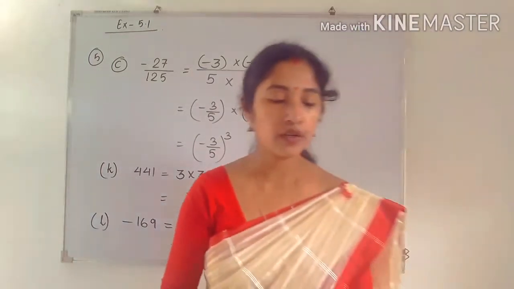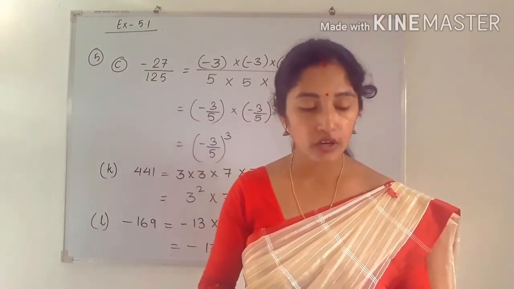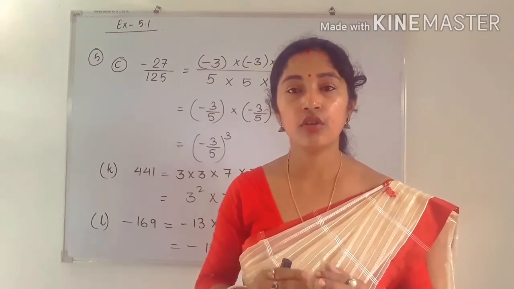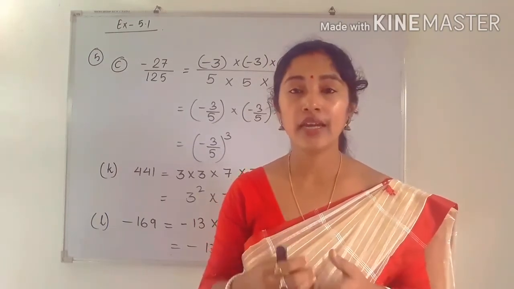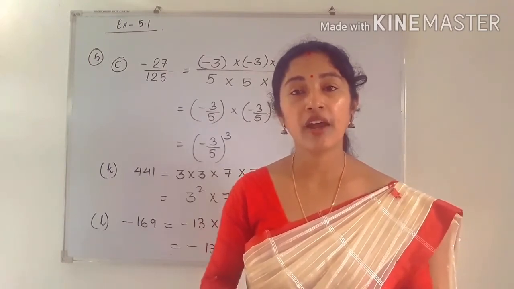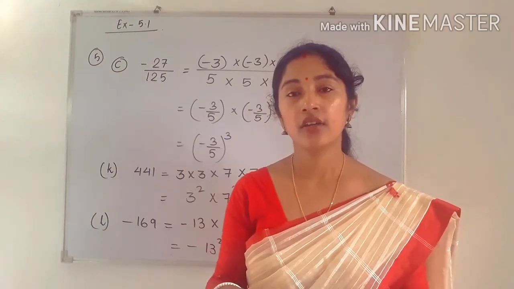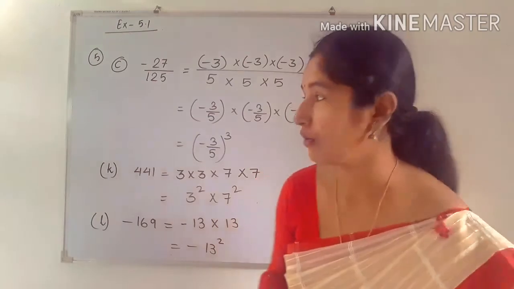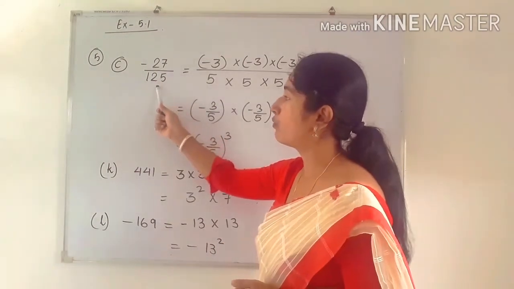Next is question number 5. Here you have to convert the given number into power notation. Okay. So how to convert it? See, if there is any number given and if we don't know how to write in power form, so what we can do? We can find the prime factorization. Okay. By using prime factorization method, we can break it. Okay. Then we can express it into power form. Okay. Power notation.